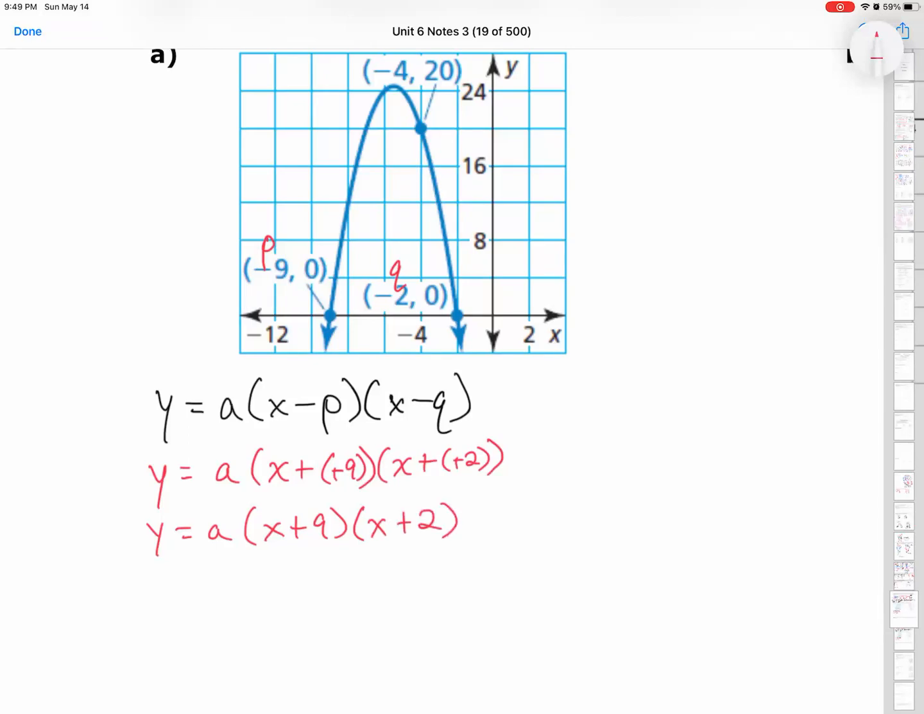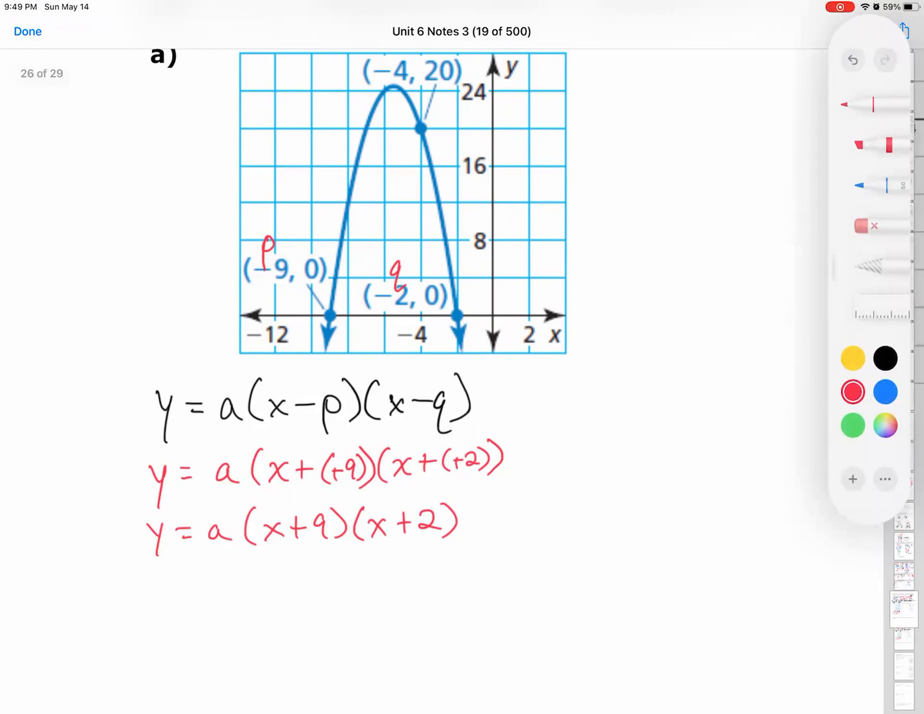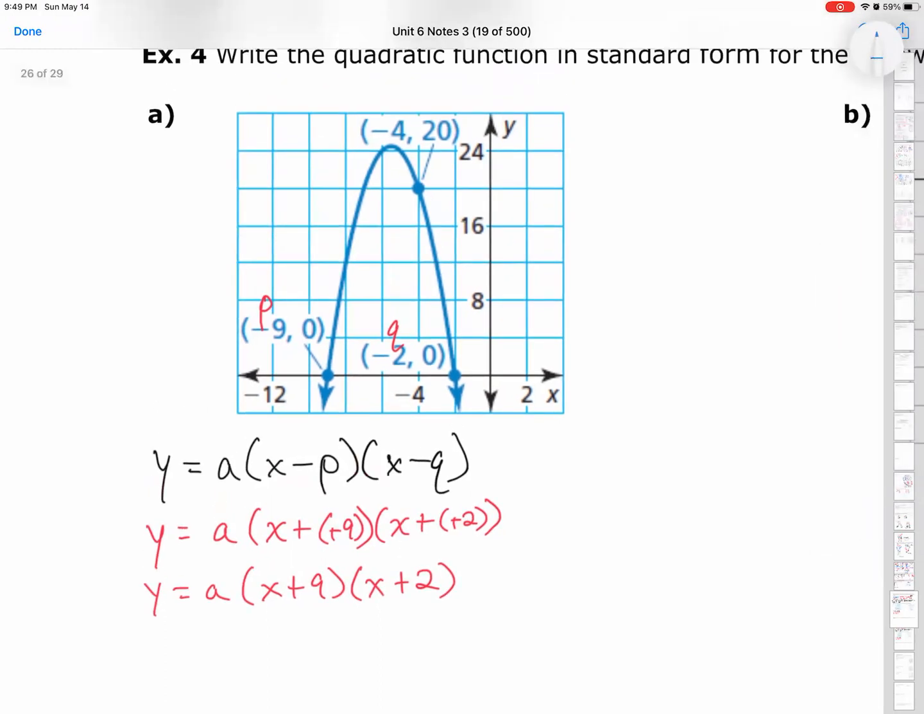And now we're at this part where we're like, okay, great. We've plugged in P, we've plugged in Q. Now what? Well, this is where our other coordinate is going to come in handy. And so we know that we have this other point, -4, 20, which represents an x and a y. And so as a result, what we can go ahead and do is plug those values into our intercept